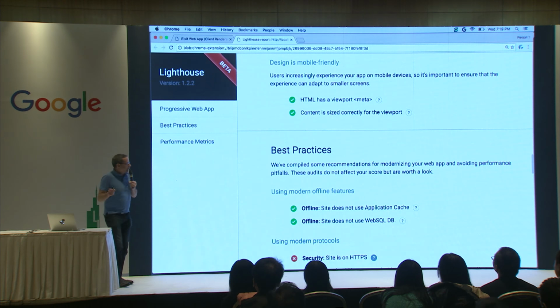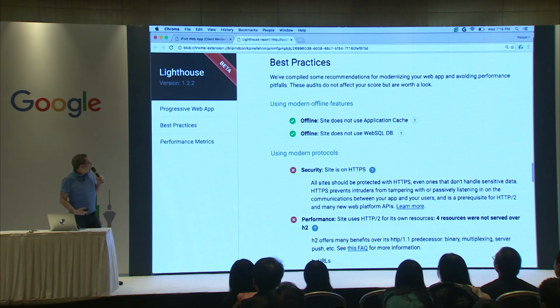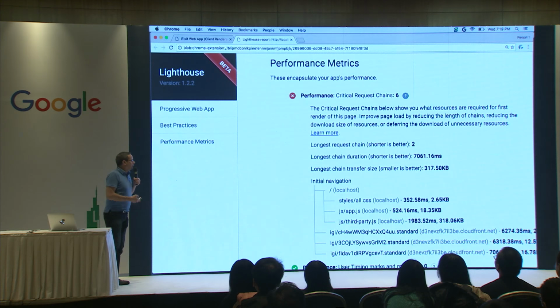Well, it is mobile friendly, so at least we got that one going for us. It checks for a number of best practices, looking for things like offline features, looking for performance with HTTP2. It looks for accessibility and a number of things like that. And then finally, the performance metrics. So it gives us a lot of data for us to be able to go, how's our site doing? Is it any good?